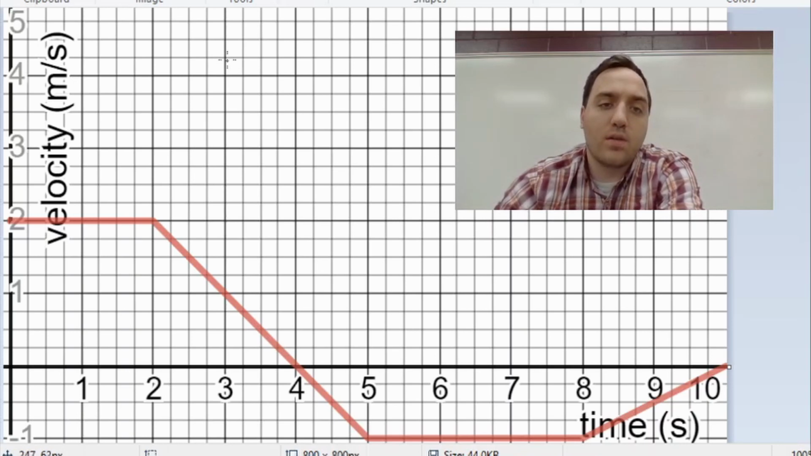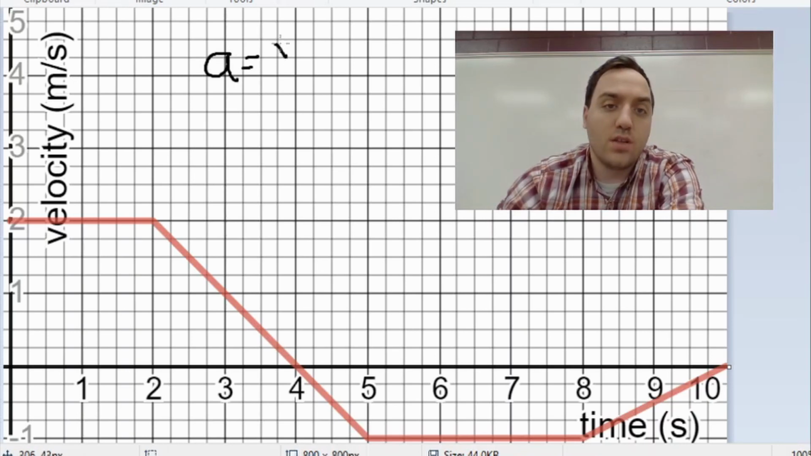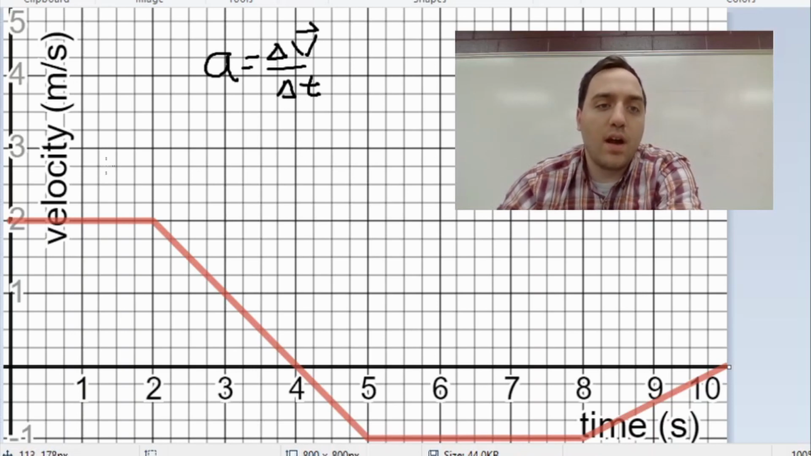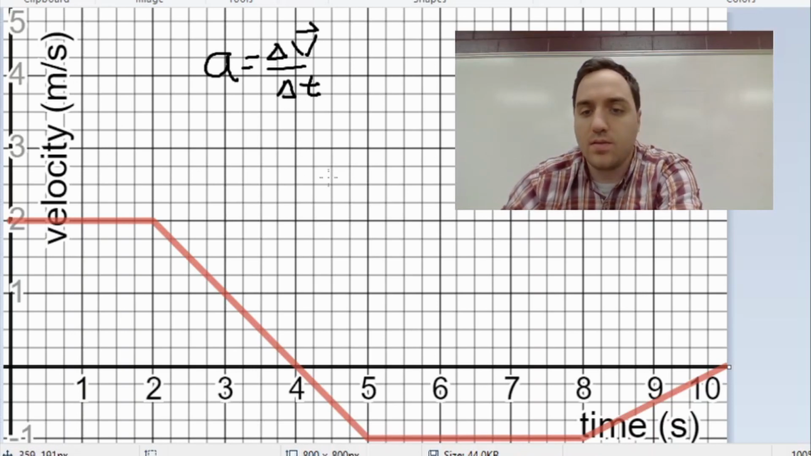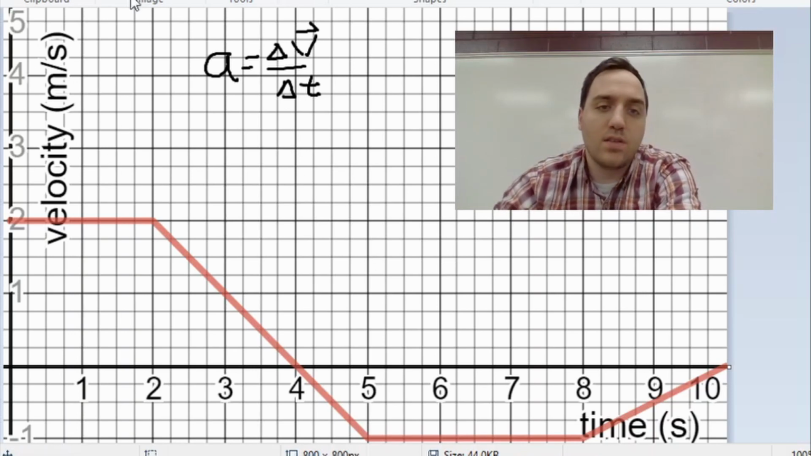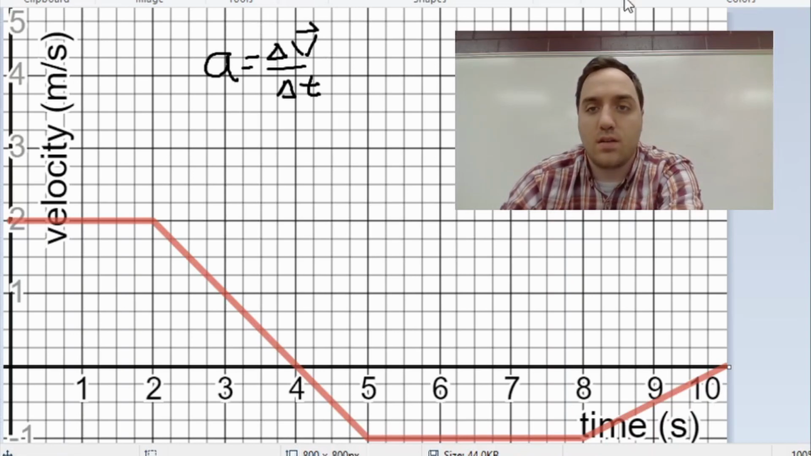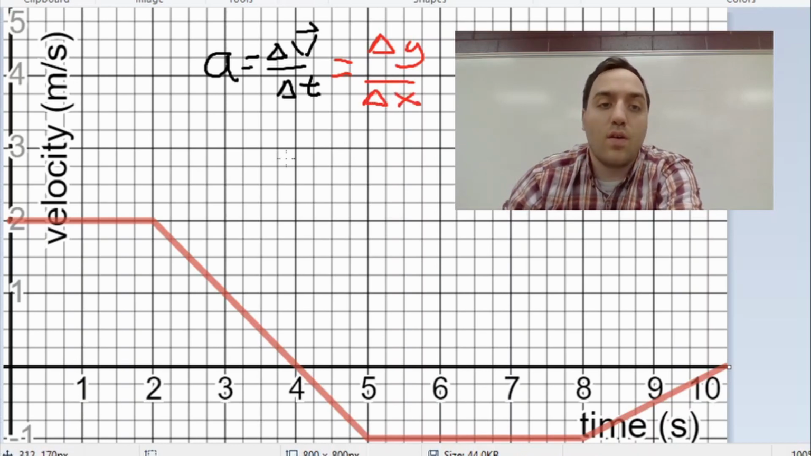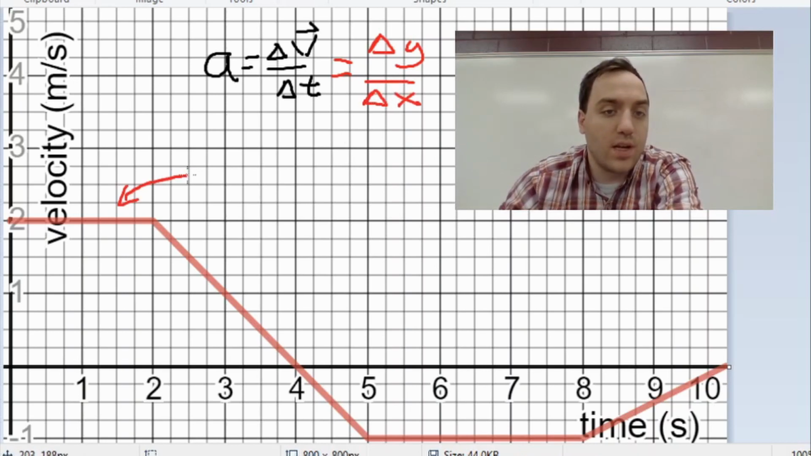We defined acceleration as the change in velocity over the change in time. And I even did a little fancy hat. But if we look at our graph, my velocity is on the y values, and my time is on the x. So this is the same thing on this particular graph as saying delta y over delta x, which is our slope. So if I wanted to take a look at this first section here, my acceleration or my slope is going to be